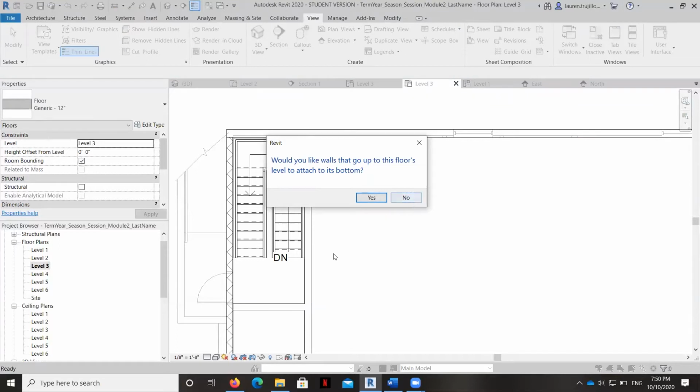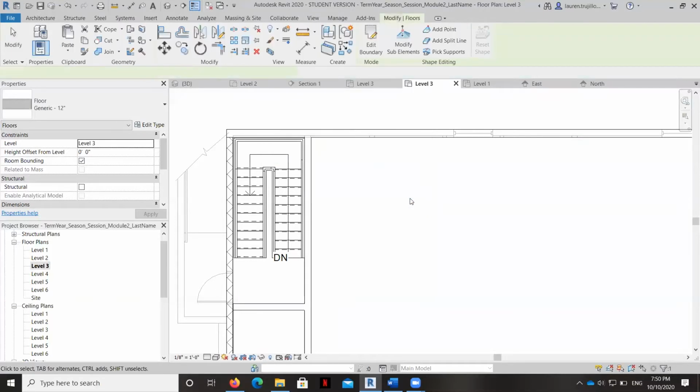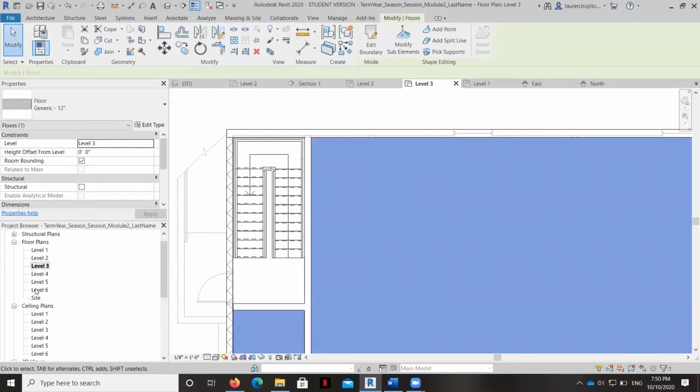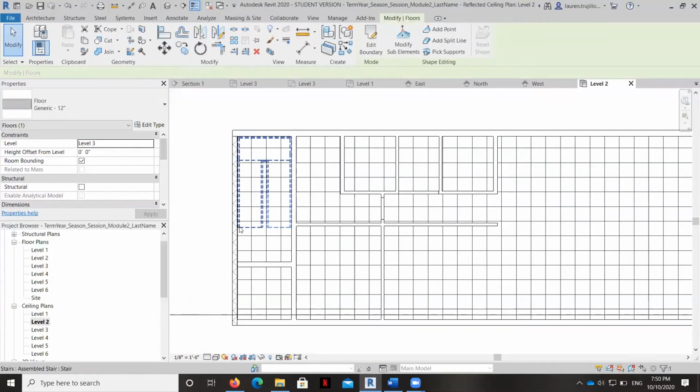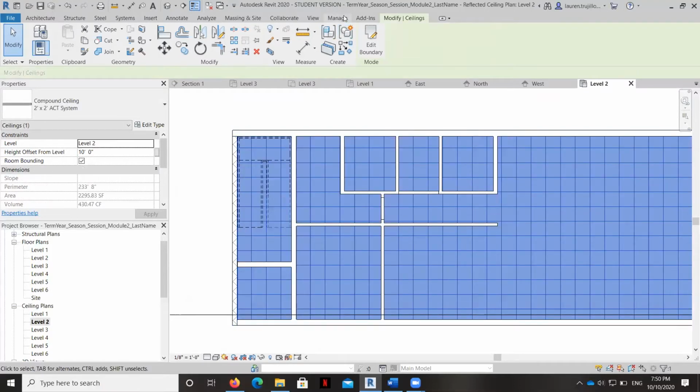This is asking if the walls that used to connect to this floor, do I still want them to? I'm going to say no, because I can change that easily on my own, and so can you. Let's go ahead and look at the ceiling on level 2. And I'm tabbing over until it's easy for me to grab.